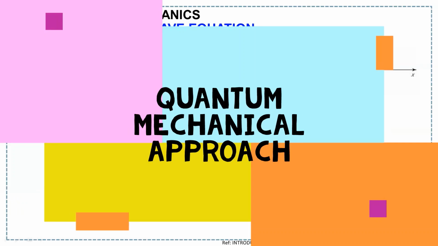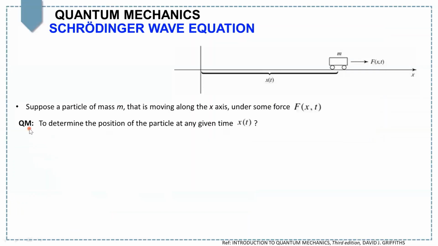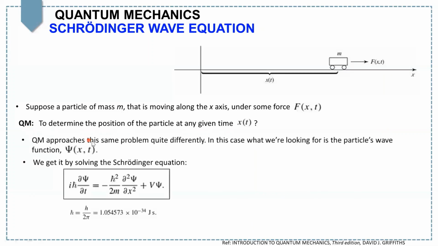Now, how do we determine the position of a particle at any given time quantum mechanically? For this, first we write the wave function psi of x, t of the particle, and we get it by solving the Schrödinger equation, and that is i h-bar partial psi over partial t equals minus h-bar squared over 2m times the second derivative of psi with respect to x plus V psi,